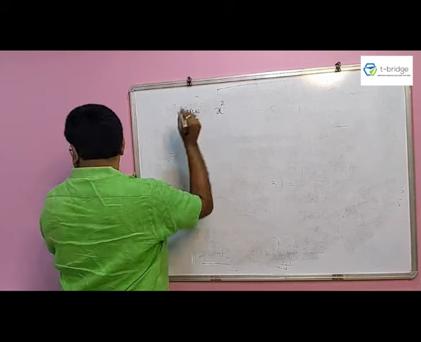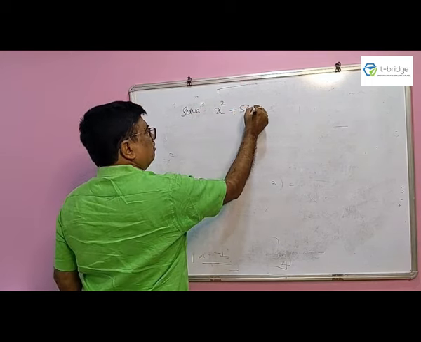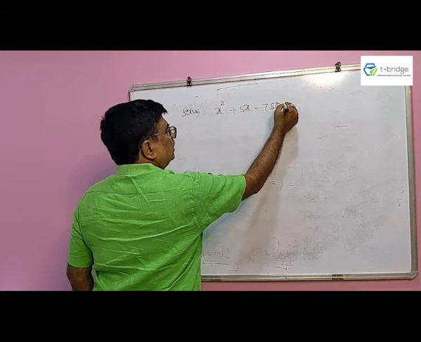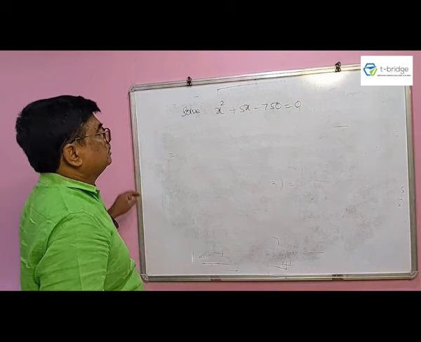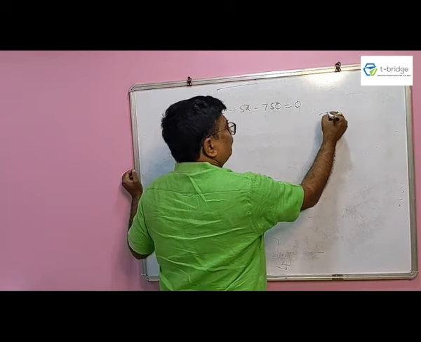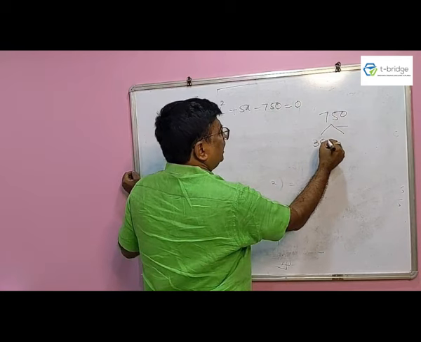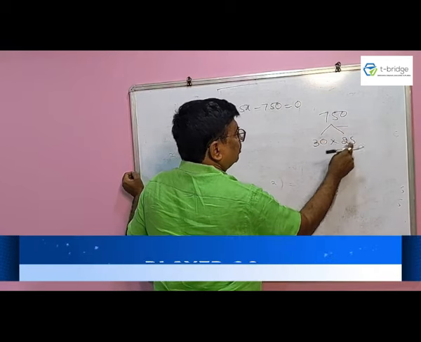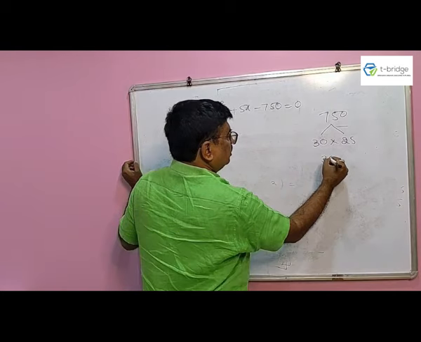x square plus 5x minus 750 is equals to 0। That is, 750 का फैक्टर्स करेंगे, सिंपल आ जाता, that is 30 into 25, 25 3 is 75, ऐसा याद रखना, that is 30 minus 25 is 5।